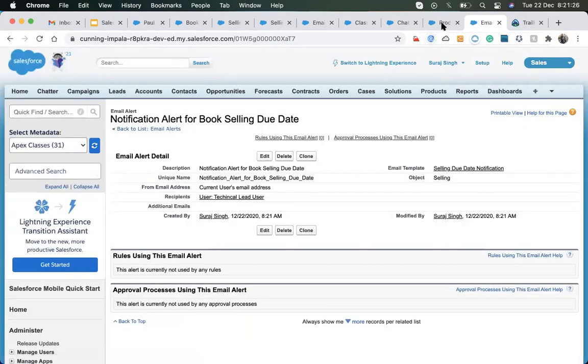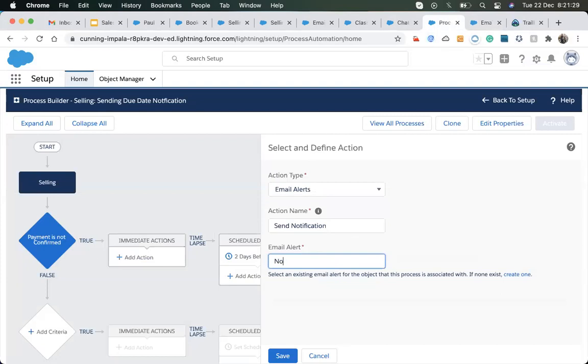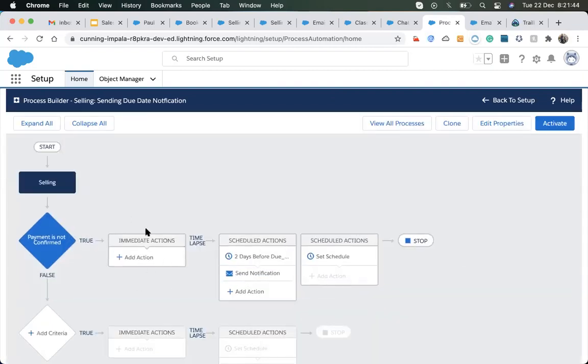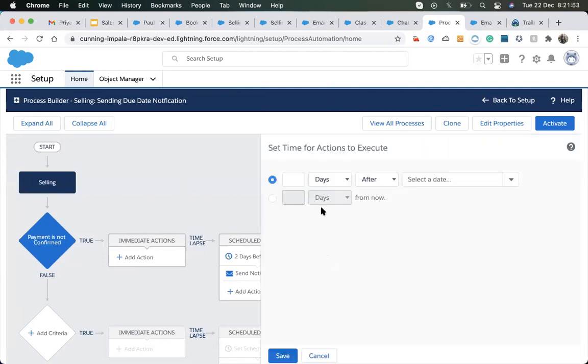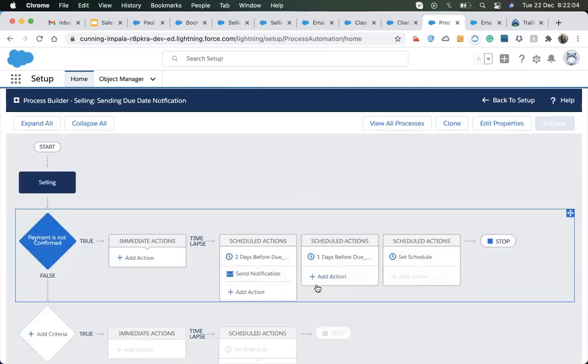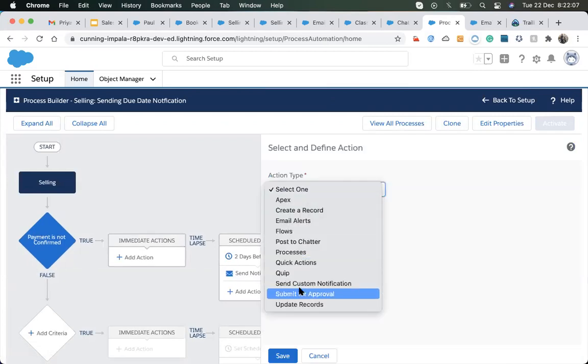Once I save, come up here, notification to notification alert, and I hit save. It doesn't need to make any immediate action. It's no issue. If no action is present, it will move up here, and I can add a schedule, means more scheduled actions also up here. Means I can also set just one day before that due date. If I need to send a notification, then it will also send the notification.